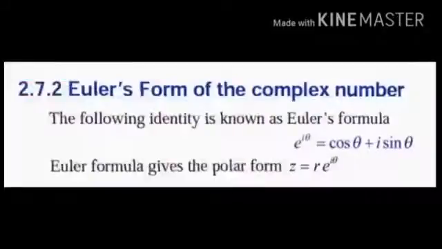See the definition of polar form. So what is polar form? Polar form is also known as trigonometric form. They will give you a complex number, students, that is z equal to x plus iy. If I convert this z equal to x plus iy as z equal to r cos theta plus i sin theta, then I can say that is the polar form of the given complex number, and this is the definition given here, students. Euler form of a complex number: the following identity is known as Euler form, that is e to the power i theta is equal to cos theta plus i sin theta. The Euler form can also be represented in polar form, that is z equal to r e to the power i theta.